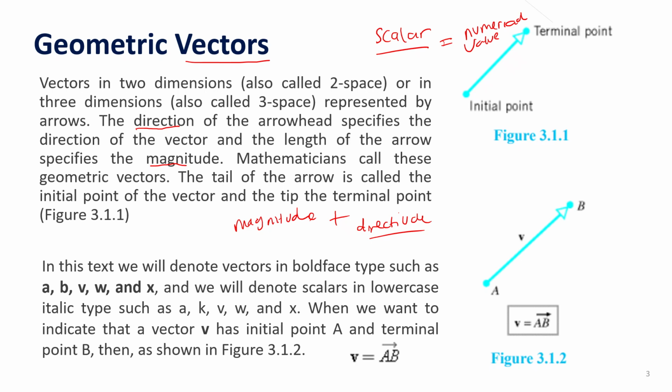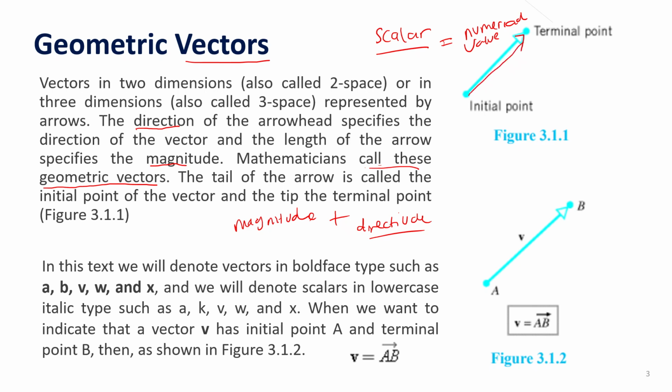For things where we can represent the direction and the magnitude, they will later be called vectors, or in this case more specifically geometric vectors,